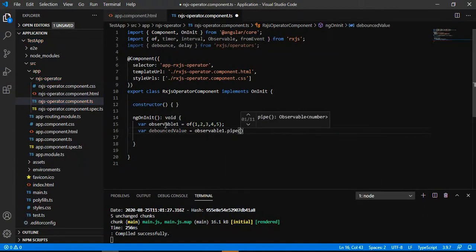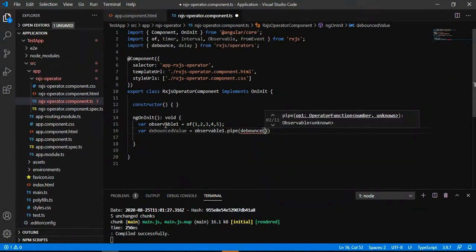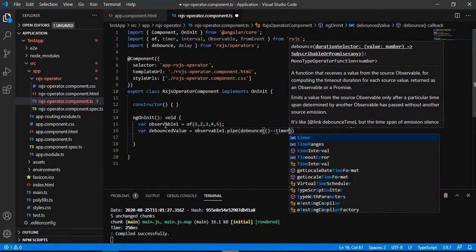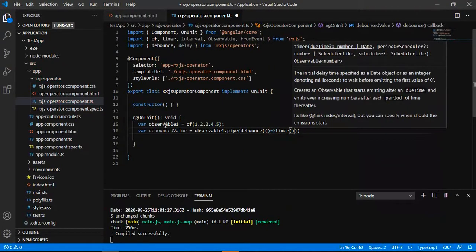And now we are applying some debounce time. Let me say I am adding 1 second.